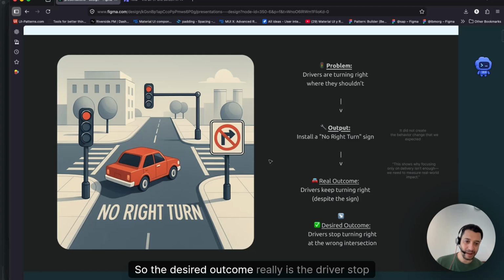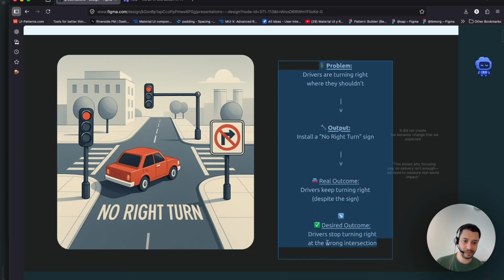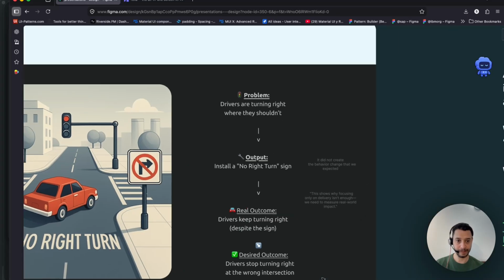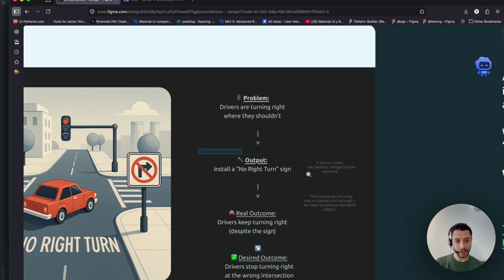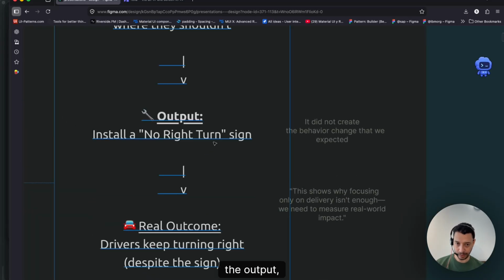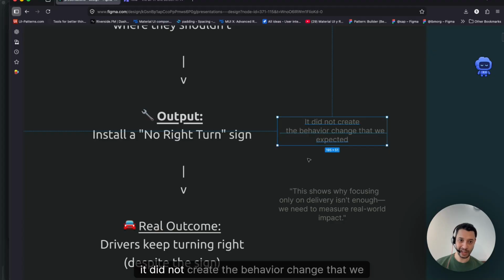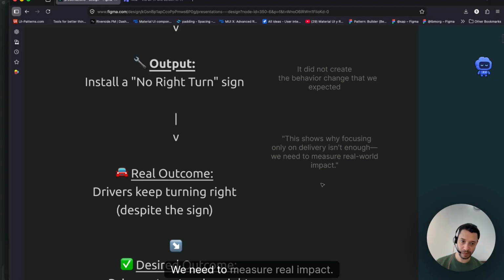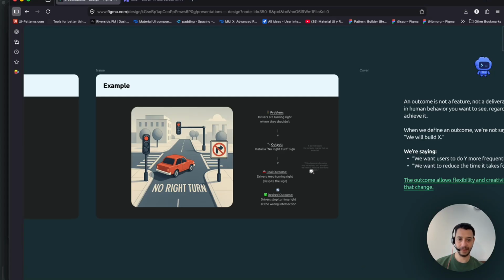So the desired outcome really is that drivers stop turning right at the wrong intersection. Here, the output did not create the behavior change that we expected. And this shows why focusing only on delivering isn't enough. We need to measure real impact.